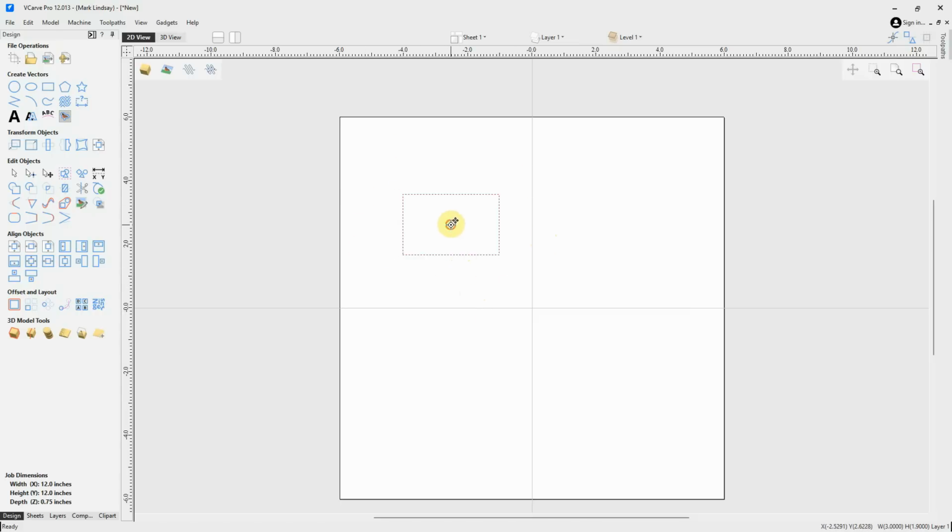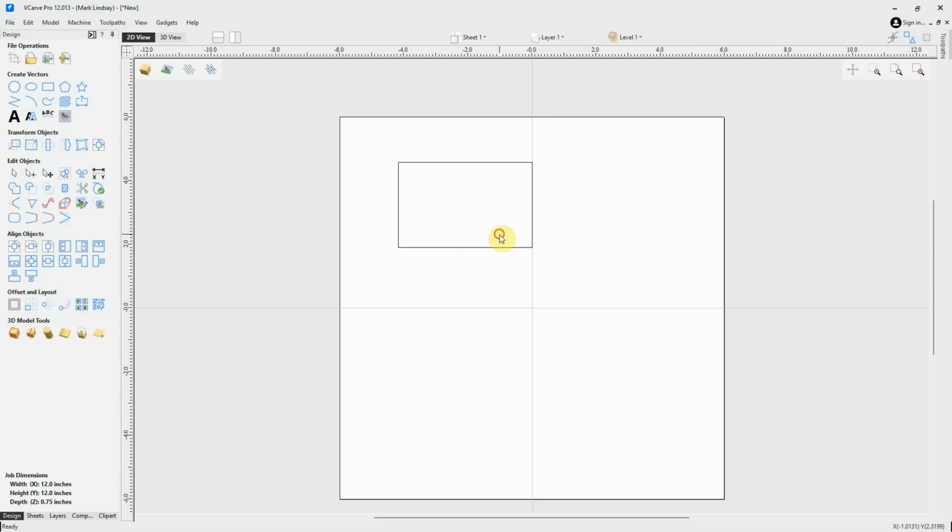And this was where we were able to grab the vector and move it based on one of the sides of, in this case, the rectangle, or we can grab the square in the center and place it as well. We could also resize or scale the vector, or we could rotate the vector. But when it comes to placing a vector in a specific location, that can be done over here under Transform